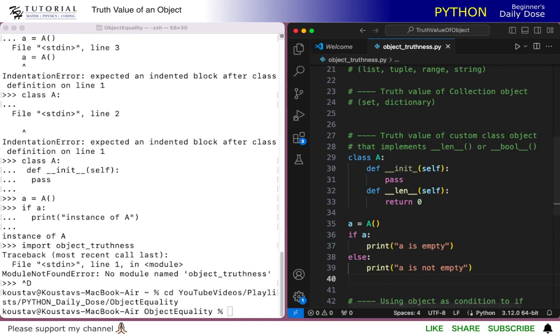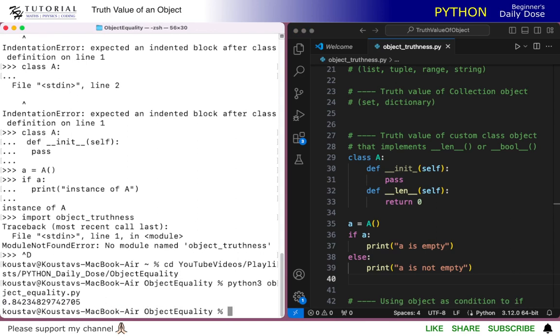So if we run this, we will definitely see that the else part will execute, because if A will be evaluated to false, because the protocol method __len__ in class A is always returning 0. So if I run this code,